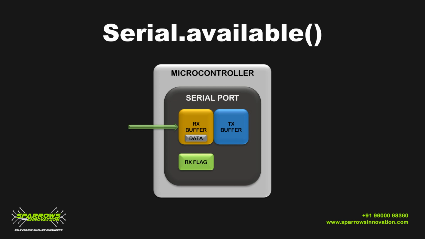For that we will use the function called serial.available. The serial.available will verify whether the flag is set or not. If the flag is set, there is data in the receiver buffer. So you have to copy the data inside the buffer and place it in another memory location, because this buffer is only an 8-bit memory location. Whenever one 8-bit data is received, you have to move that data to another location, and then change this flag to logical low.